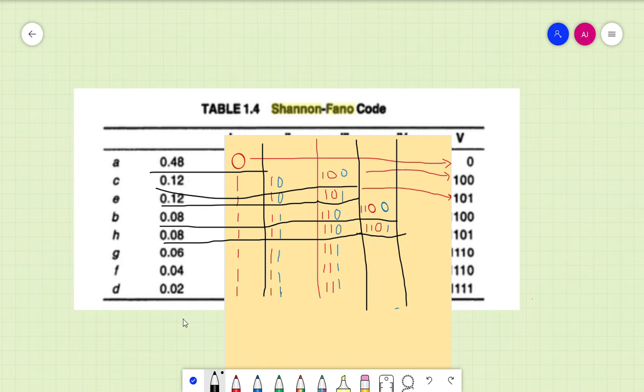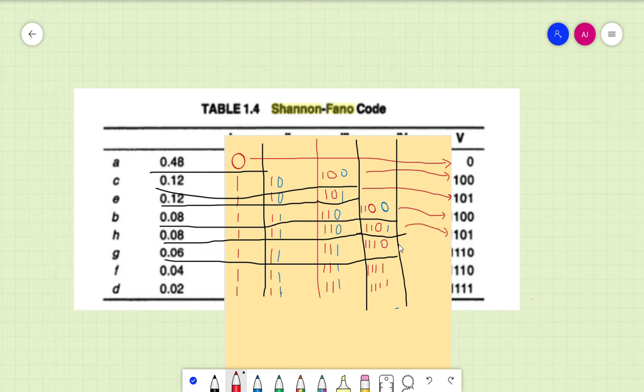And here let me see how we can make a division. Yes, I can make it like this, 6 and 6. So let me write it with red. All previous code 1 1 1. This was all 1 1 1 1 1. The upper part gets 0. The bottom part gets 1. Okay. So I don't think any more division is possible here. So I will say this is the code which gets transferred here.